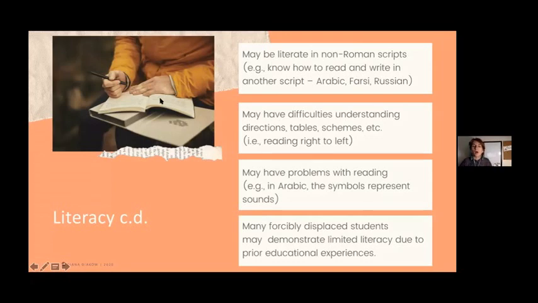So obviously you already know that many of your students have had very diverse educational experiences. And that implies that it doesn't only mean that they don't speak English, they don't speak Greek, or they don't speak German or French, or any other target language that you're teaching, but it also means that they have not had opportunities to develop any kind of literacy skills in their native language. So they may not be able to read and write in their mother tongue, because also something to be aware